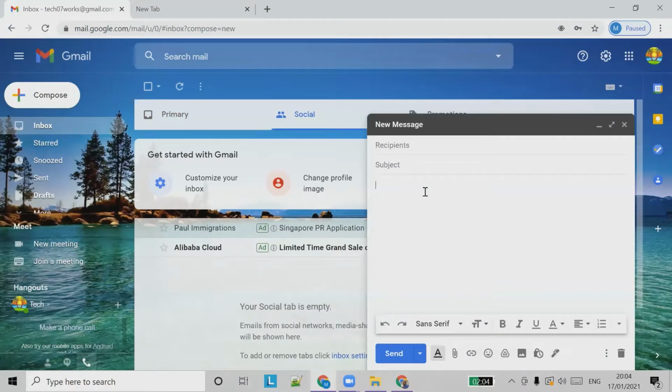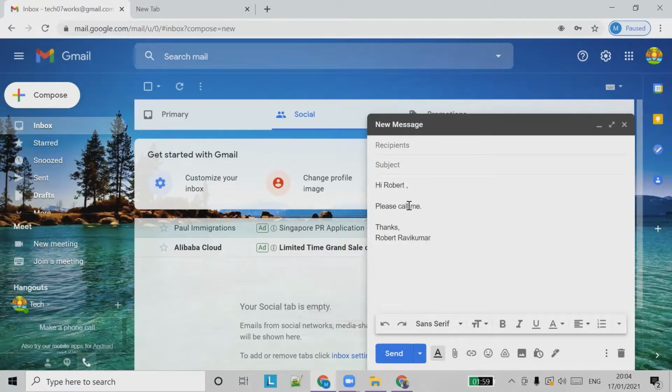And subject is done. So again, we saw how to format an email, how to format the email body. First we have to give the greeting, then we type the email content, then we have the signature.